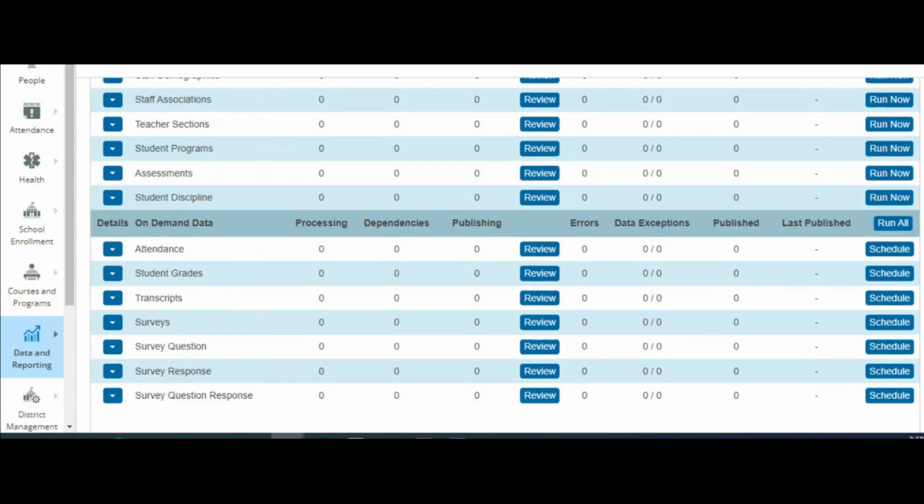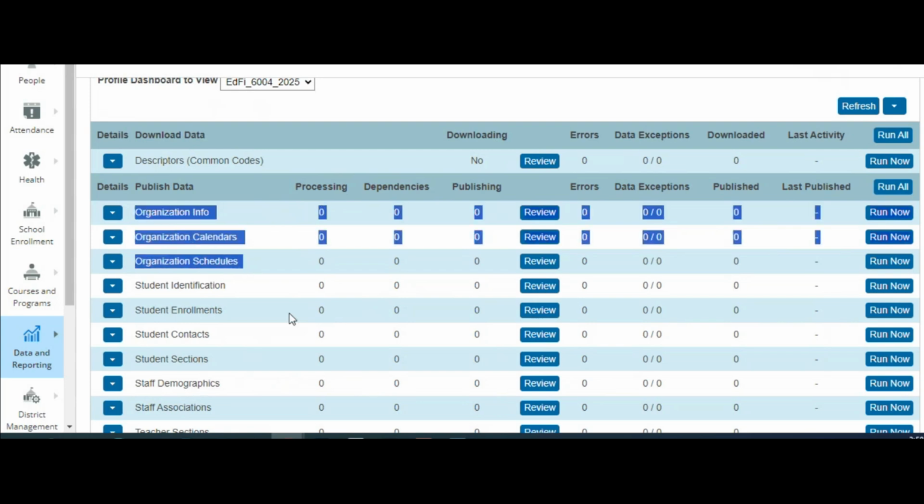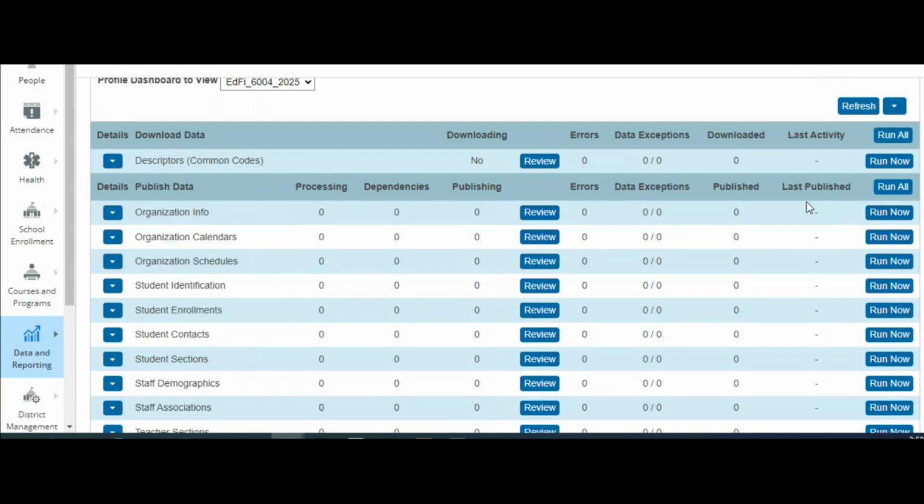So, okay, let's scroll back up to the top of the page. Now, you may have an option to schedule these top three. And if you do, then that's great. You can go ahead and take advantage of that. Right now in the test server that I'm seeing, I'm not seeing the scheduling option. So we'll talk about that in a second.